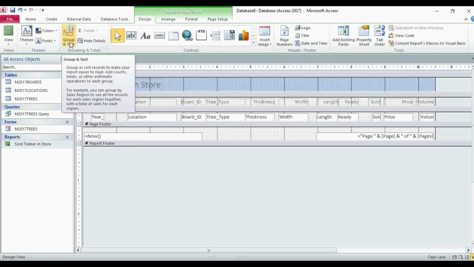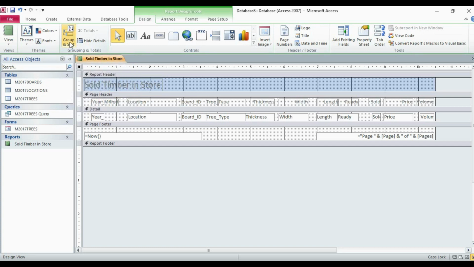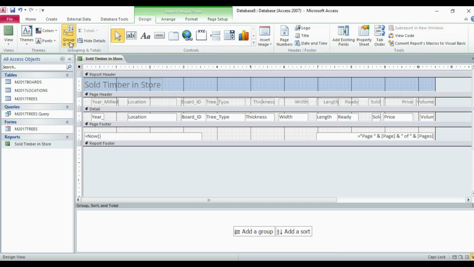In grouping and totals, if you're using a different Office version, the command can vary a little from this. It will be in the design group only, but the position of this option may vary in your window. You just need to click on this option, and then here it will ask you to add a group and add a sort.